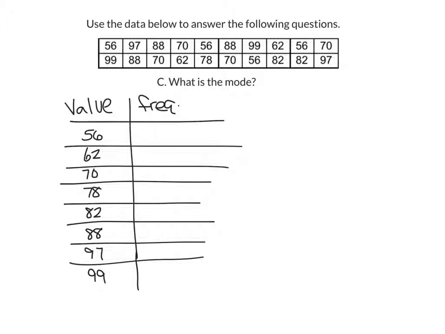Now I'm going to list the number of times that each value occurs. Before I write the frequency, I'm just going to write a tally and provide tally marks next to each value so I can figure out how many times they occur. So 56 occurs one time, 99 occurs one time, 88 occurs one time, 97 occurs one time. So I'm just putting a tally mark next to each number. 88, I'll put another tally, then we have a 70, another 70, 62, 56, 78, 88, 70,